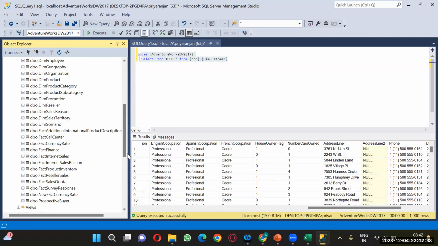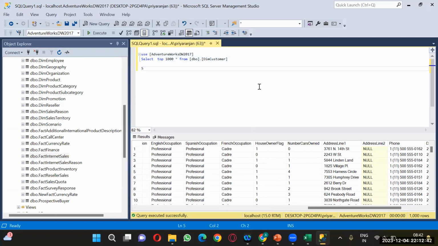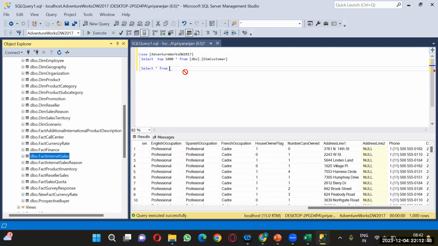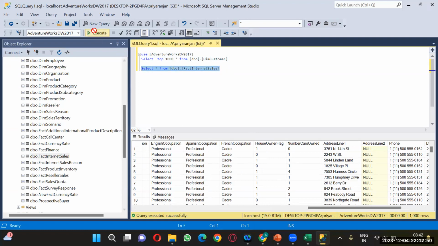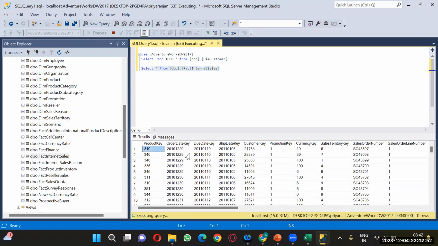You can go for the fact table. Suppose this is an internet sale, fact internet sales. Let's take fact internet sales. Fact internet sales will have only the keys. See, product key, order date key, customer key. So if I want to build the relationship between dim customer and fact internet sales, then using this customer key,